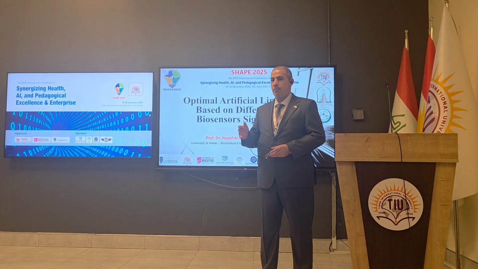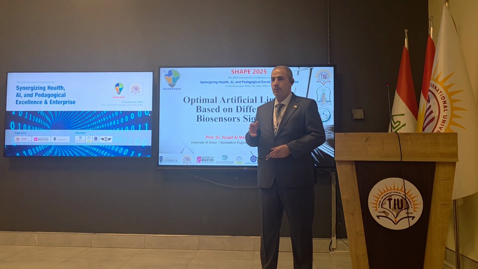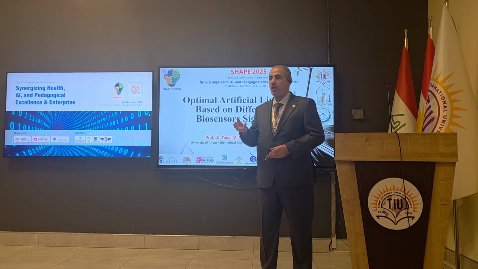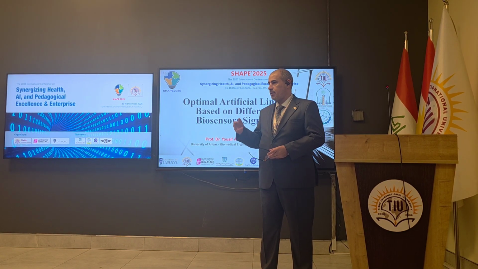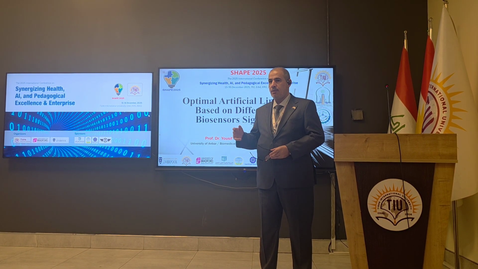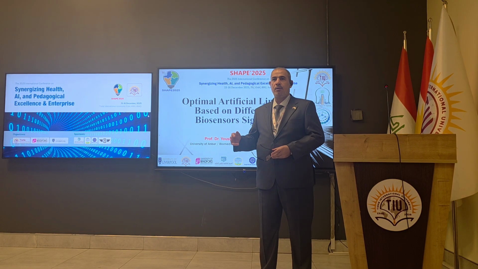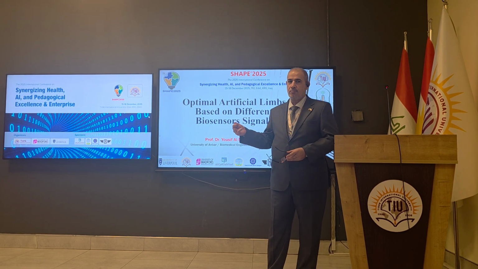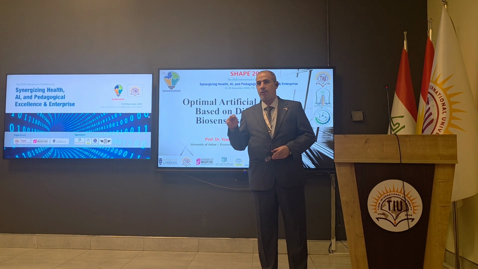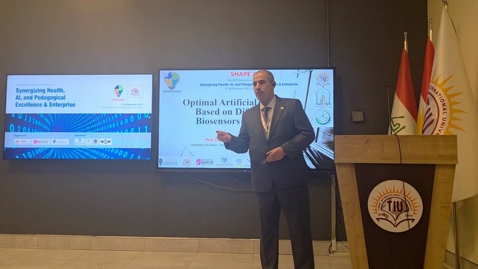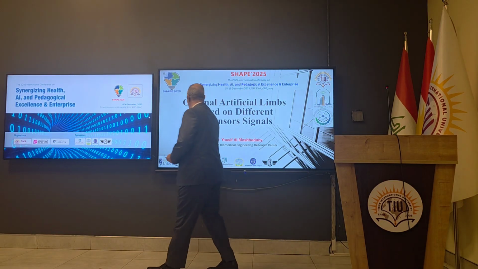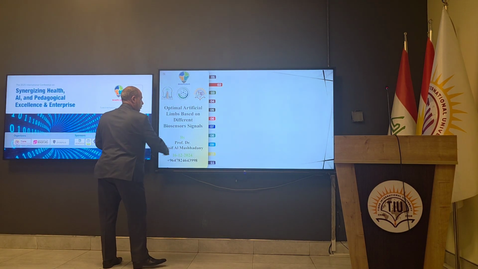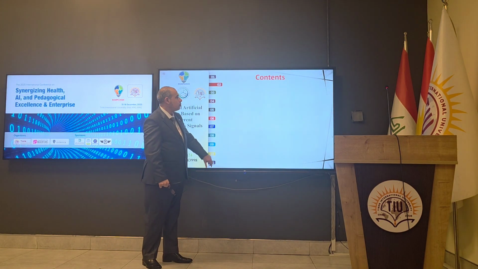الطرف الصناعي والطرف الاصطناعي is confusing in this term, because in Arabic الطرف الصناعي means traditional. It means prosthetics. And for artificials we must use الطرف الاصطناعي وليس الطرف الصناعي. Therefore, today we're talking about optimal artificial limbs based on